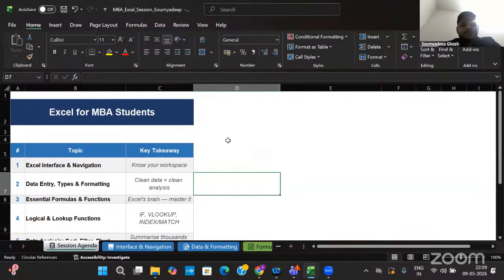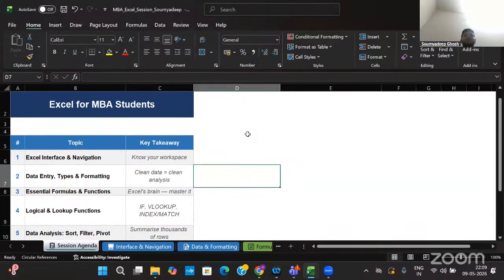In this session, I'll try to tell you as many shortcuts as possible, because if you enter the MBA space, you'll see everyone doing most of the operations by using the mouse and clicking. But when you enter the corporate world, you can see a huge transition: no one uses this much mouse, clicking and hovering just to perform some Excel operation. It's better to have the efficiency in such a way that you can use the keyboard to perform most of the operations in Excel. So that is another goal which we want to achieve.